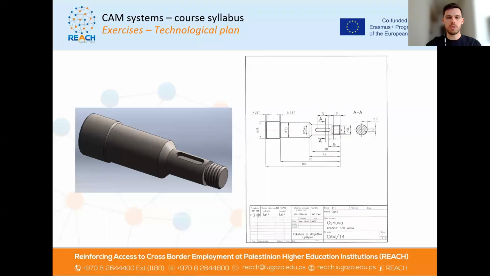For example, this normal cylindrical rod here, you can see it was the work of a few students, and what they are getting as a request is only this sketch